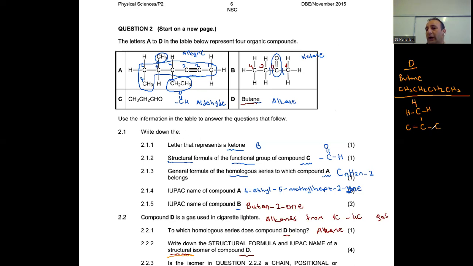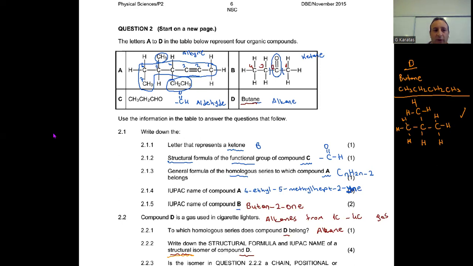So we have 3 carbons in the chain. We add the hydrogen atoms to make each carbon have 4 bonds. And this one needs 1, 2, and 3. This is the structural formula of the structural isomer of compound D, and the name is